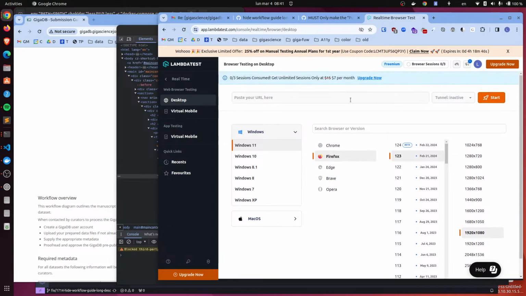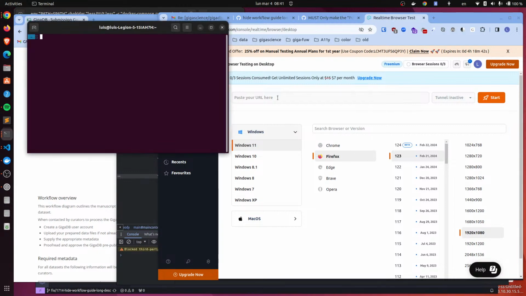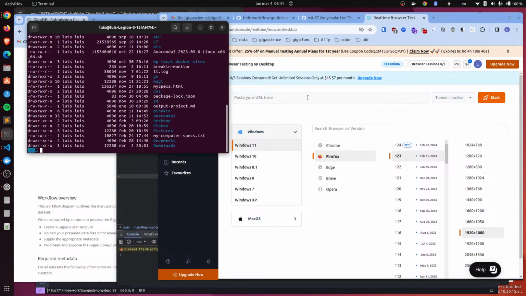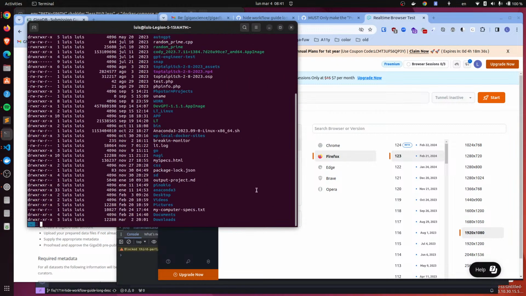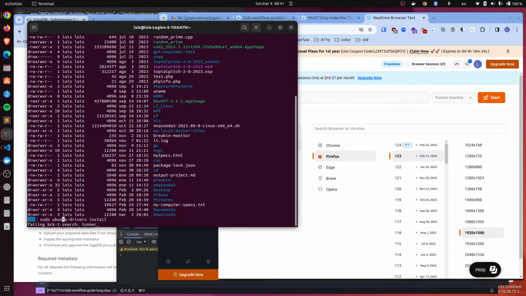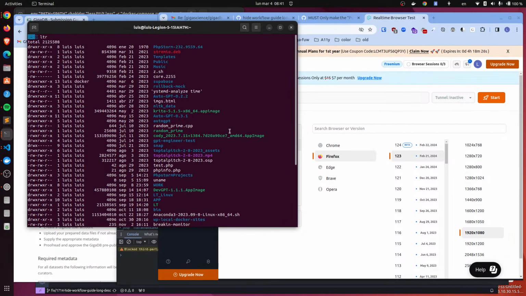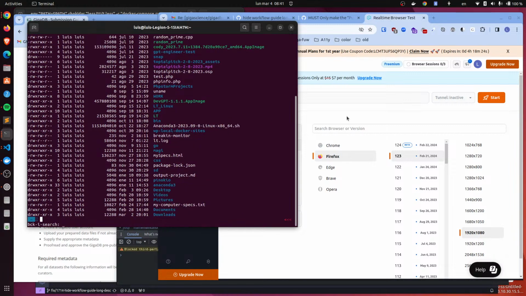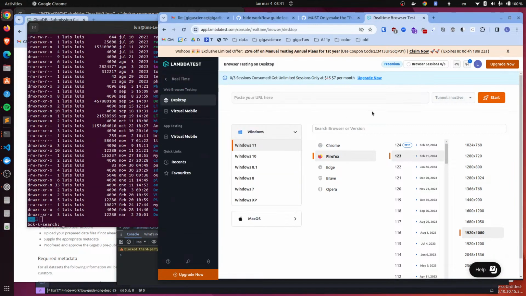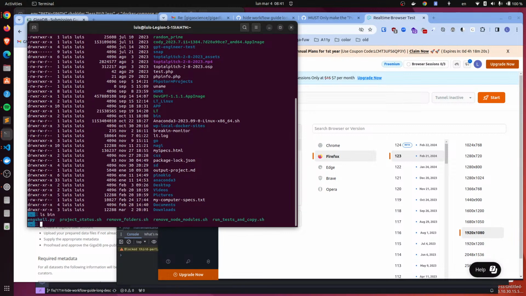Hold on. And how was that done? I have a script here. Yeah, no, I don't remember how to do it. I have something like LambdaTest in the. What about in the bin folder? Nope.